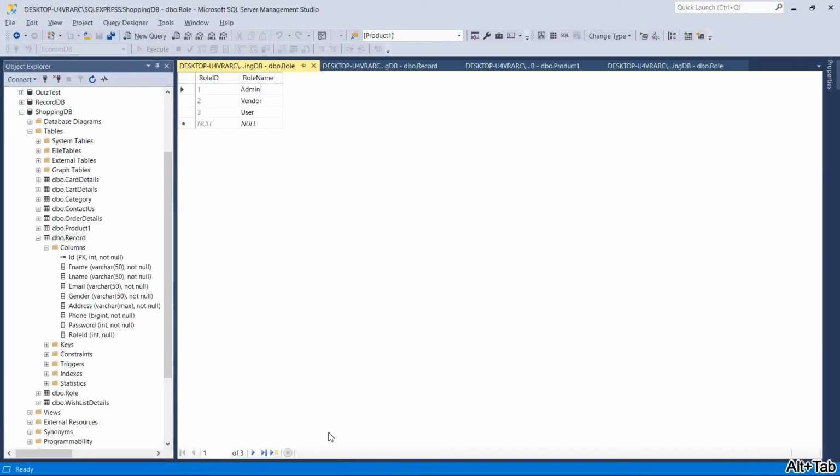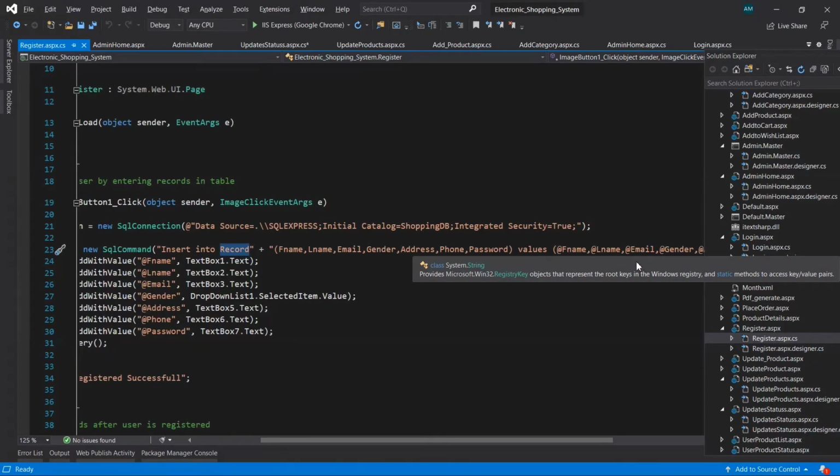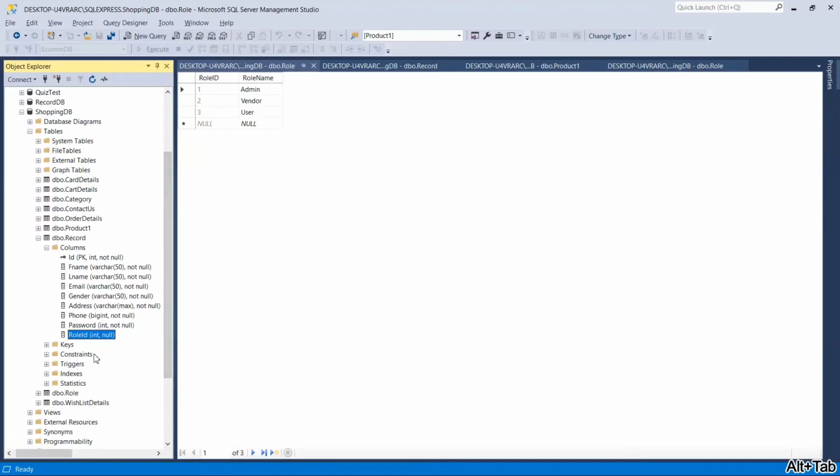You can see here we have added this new column, role id, so we would need to pass one extra column for the value of the role id, right? But we don't, as we have modified that column and given it a default value.